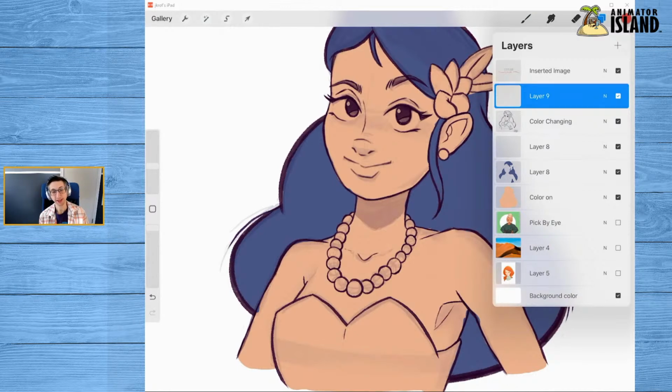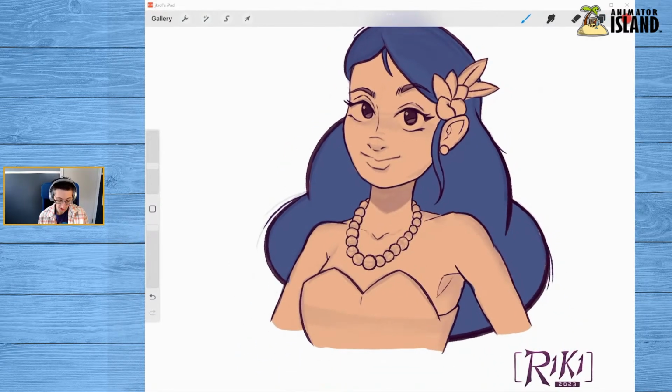And what's nice about this is that you can choose from the things that you already have. So if I want to add more shading to different areas for her, I could just color pick this spot and I know that it already works with everything around it. Then I can use it to do my shading and build the colors based on what I already have.